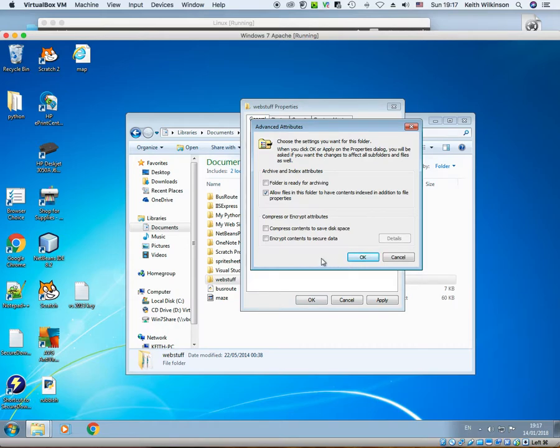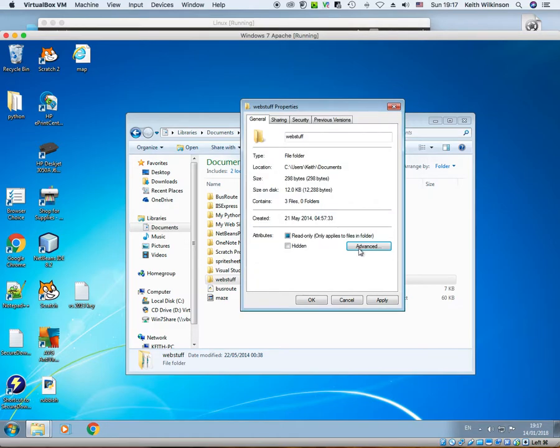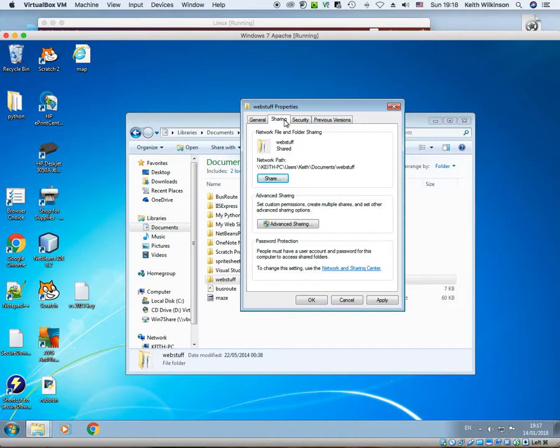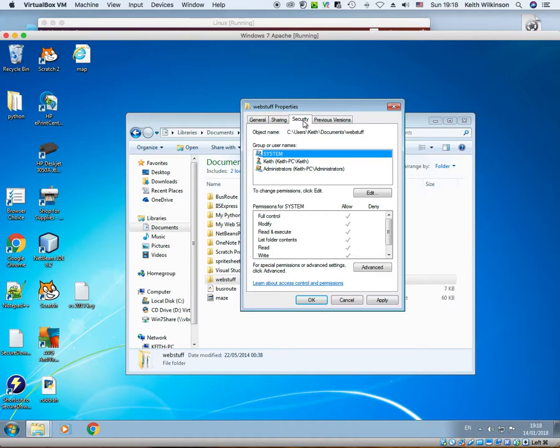If we click on advanced, we can set some advanced items, whether it's enabled to be archived, whether we can compress, which we'll deal with later, whether we can encrypt, which again we'll deal with later. But there's not a great deal to say who can read or write the files, whether it's the owner, yourself, whether it's the group, the computer science, or whether it's anybody in the world. We can choose sharing, and